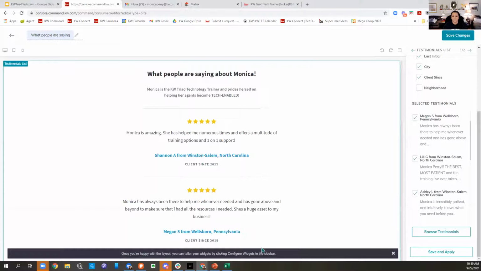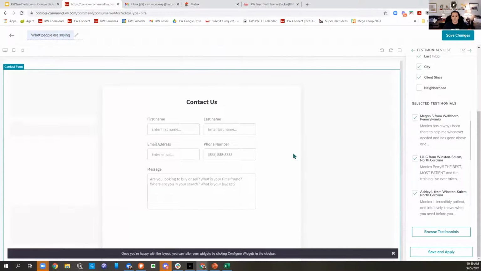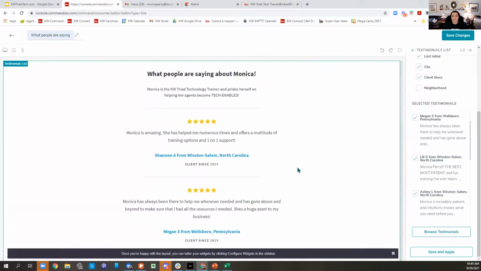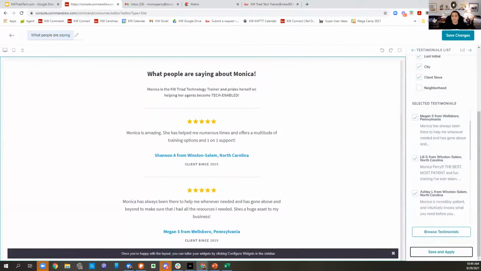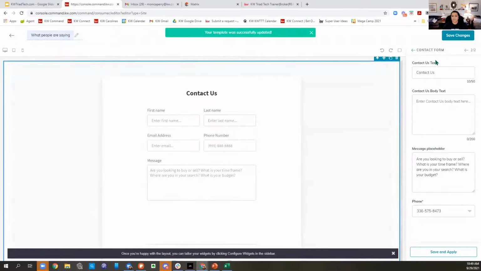Okay. So now I have my testimonials showing up. I have my contact widget at the bottom. I'm going to click save and apply on my widget. Don't ever forget on your widget, click save and apply. And then I can move forward with this arrow to my next widget in the upper right. That's the contact us form. I don't really feel like I need to change anything